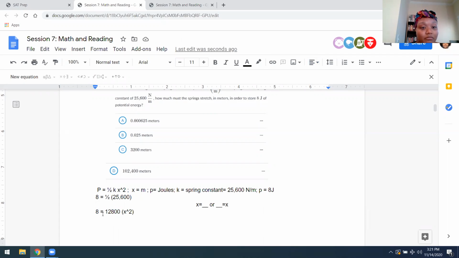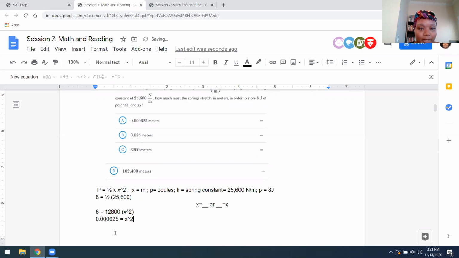We're going to undo it. On this side of the equation sign, 12,800 is being multiplied by the variable. So what that means is that we're going to divide, because the opposite of multiplication is division. So we're going to divide this side of the equation sign by 12,800 and likewise this side by 12,800. You definitely want to use your calculator here. And what you would get is 0.000625